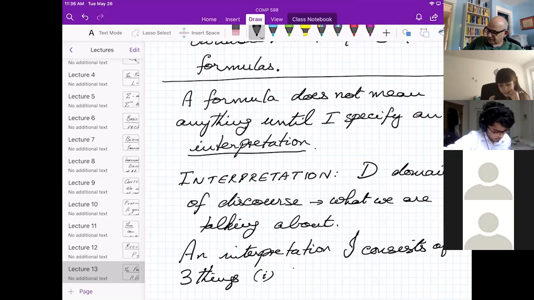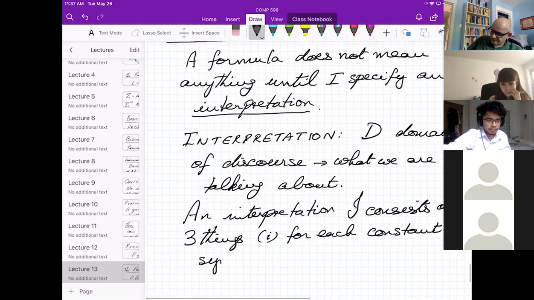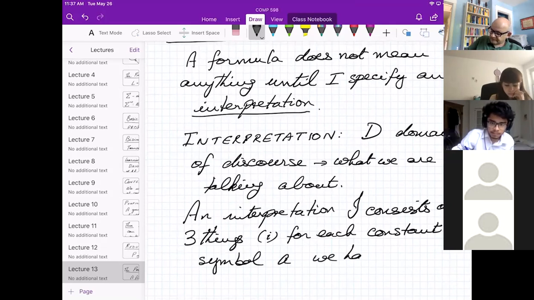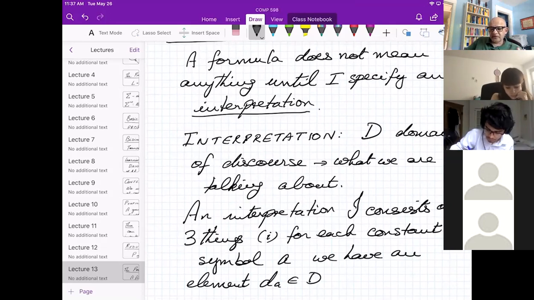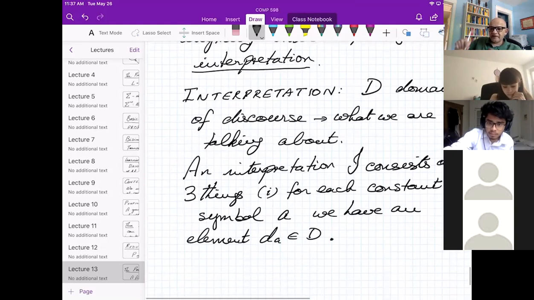One, for each constant symbol A, we have an element D sub A in D. A is just a symbol. By itself, it means nothing. But now I'm saying, this A, now in this context, I'm using it to stand for a particular element of this concrete set D. Okay, so we can't write A belongs to D because A is just a notation.